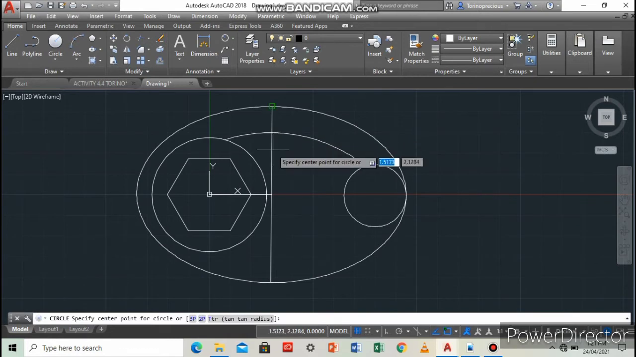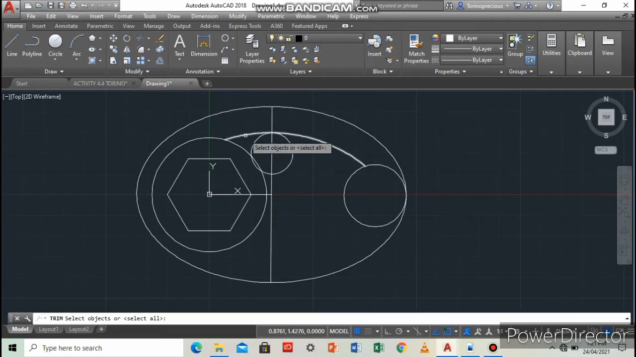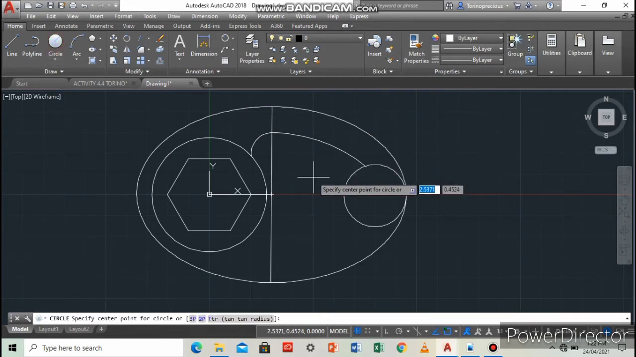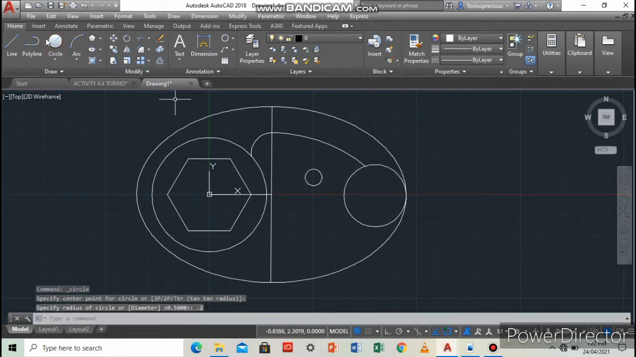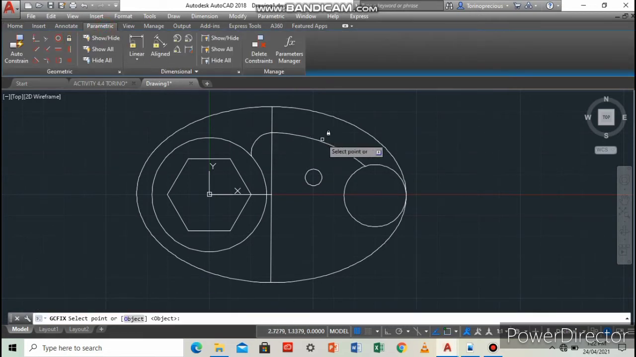Next, let's create a circle with a radius of 0.5 from this part. And again, trim the unnecessary lines and arcs. Next would be another circle with a radius of 0.25. I use this lock button to avoid the other lines from moving,